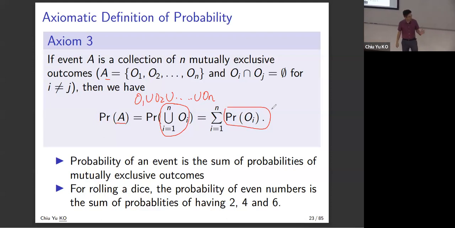Regardless of what you do, as long as they're mutually exclusive, you can divide them into small parts and do the calculation. Okay, that is only 3 axioms. And these 3 axioms build up all the knowledge we know. Okay, so it's very simple, right? These 3 axioms. I think everyone will accept this. Okay, and this is the axiom that we build all the probability rules that you learned on. You learned that in high school, right? Because some of you have learned probability. We will derive all the rules from high school.